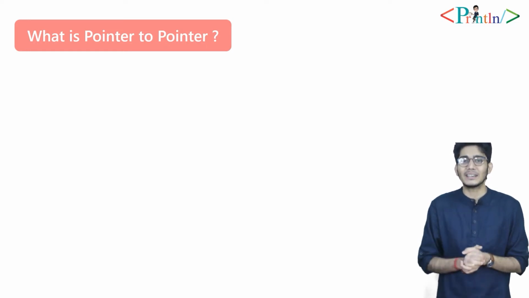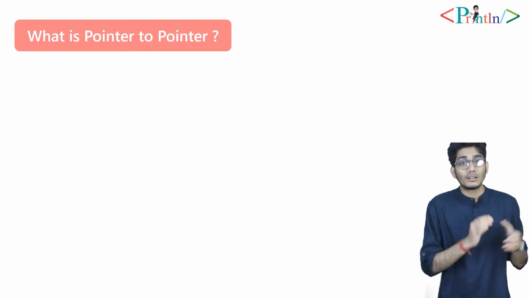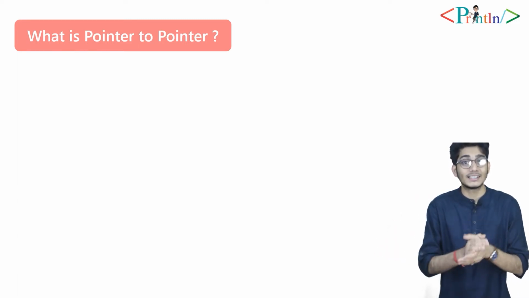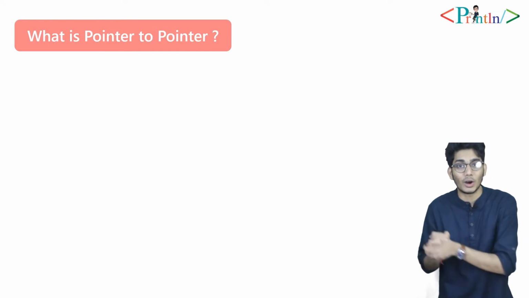Let's start. So what is basically a pointer to pointer? You can think about it a bit. Whenever you declare int star ptr, that star ptr is stored somewhere, right? The block for that star ptr is allocated somewhere. So we are also allocating the block, or memory, for that pointer. What does a pointer do? It stores a value, right? So whenever we declare a pointer, we are also creating that block.